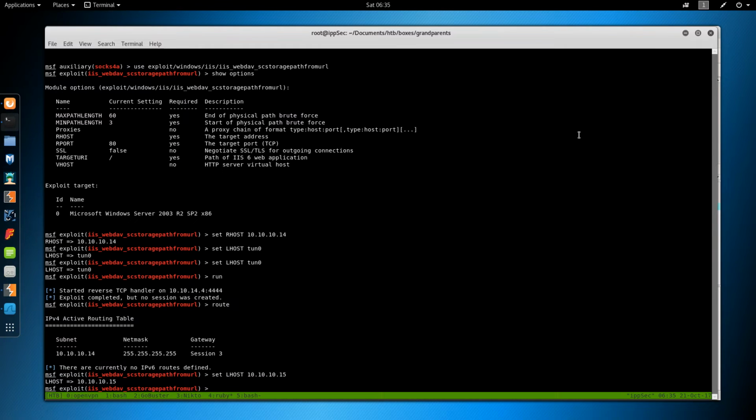And this is the IP address of Grandma. And Metasploit can be smart enough to do all the port magic and port forwarding magic to forward this session back to our console. So if we run this now, or exploit,